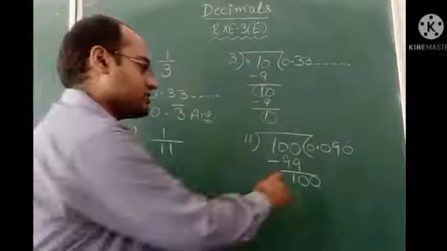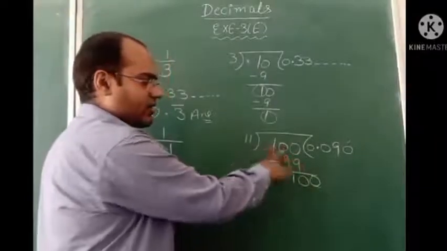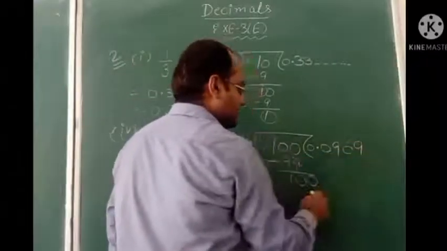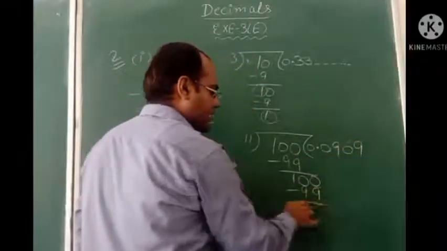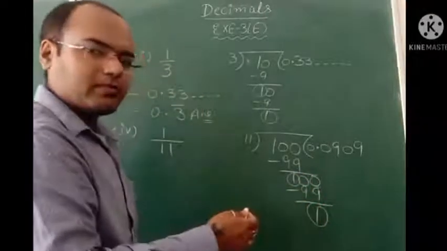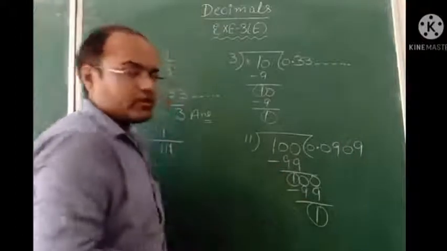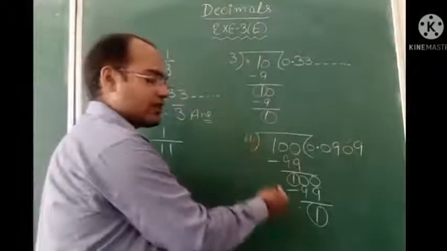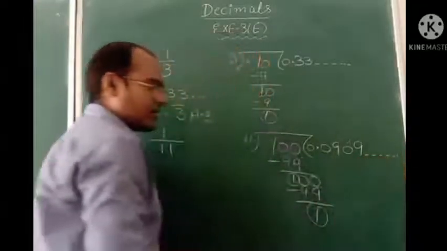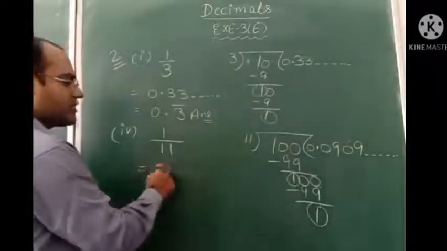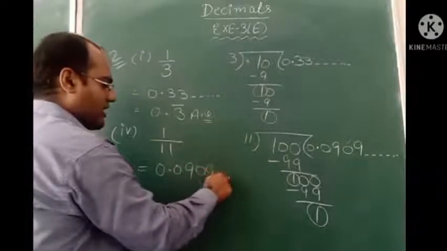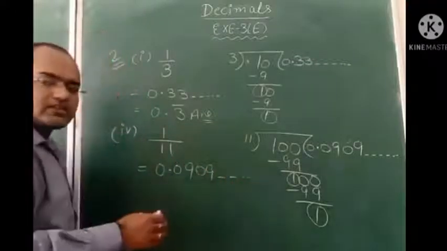Now this is 100 again, as we got 100 earlier. Now again also we are getting 100. 11 9 ja 99. Again remainder is 1. So here what you are observing, again and again remainder is coming same 1 1. So what you will do now, this answer will keep on coming like that only. So this is non-terminating decimal, and here you will observe that our answer on dividing is 0.0909 and so on. So here two numbers are repeating.